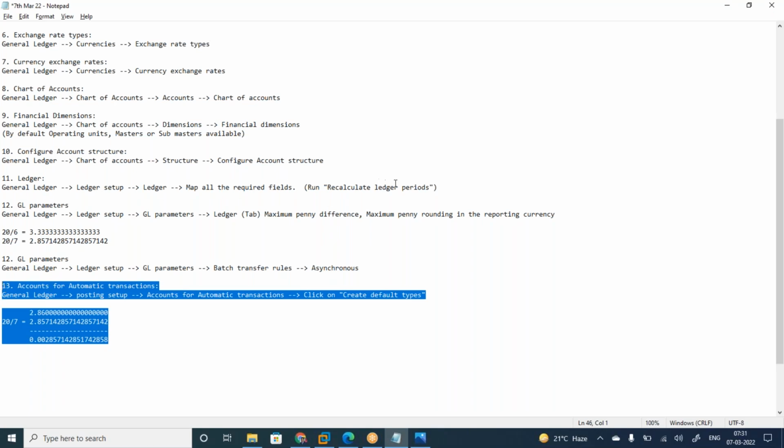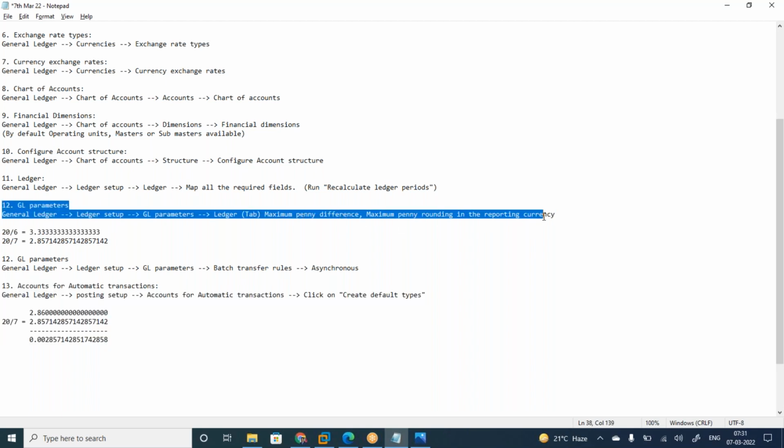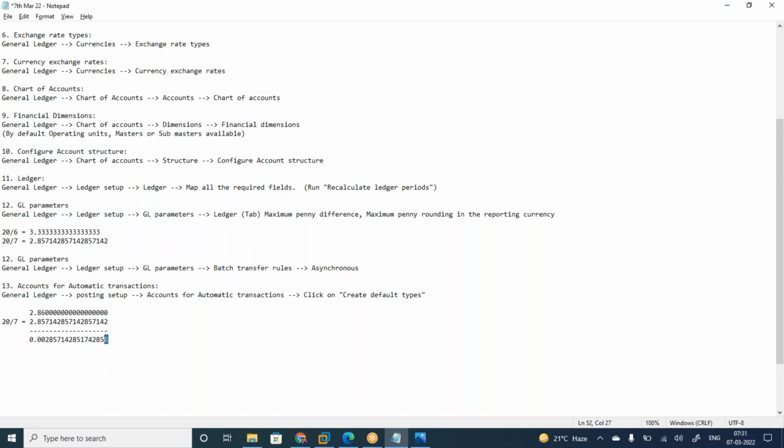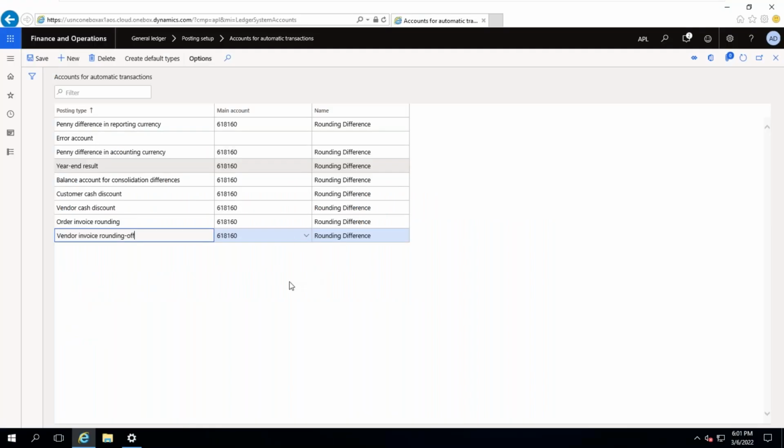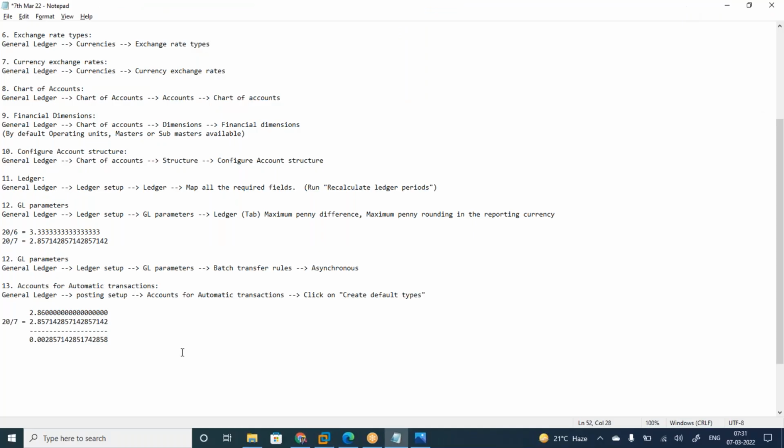Because you have mapped rounding like 0.01 here, or rounding 0.01 like 0.10 or 0.50, whatever you have mapped, those differences will be posted to these accounts. So majority, you need to map this one. If you have not mapped, what you will get is an error message